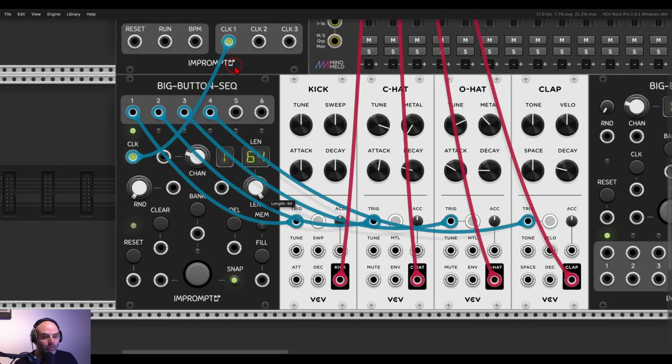It can go up to 64 steps. In this case, I will go with 32, let's say. And then you have 6 channels that you can use with 6 different voices. So if I start recording,